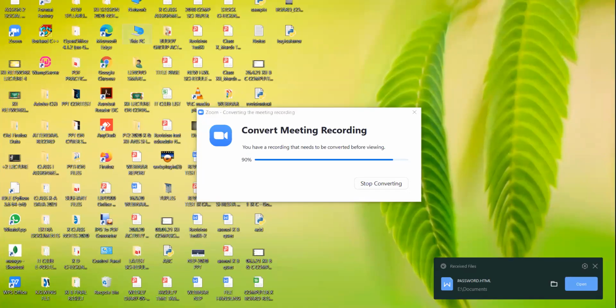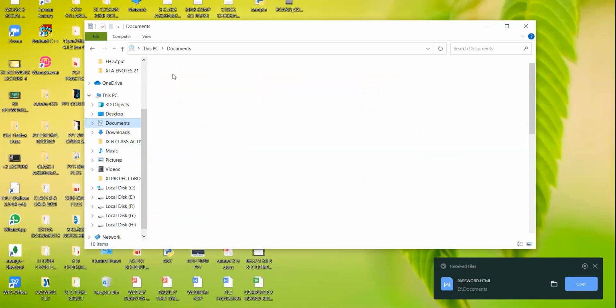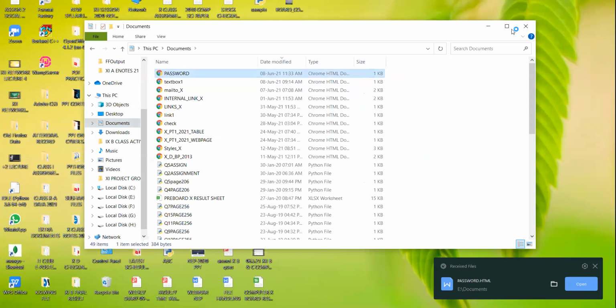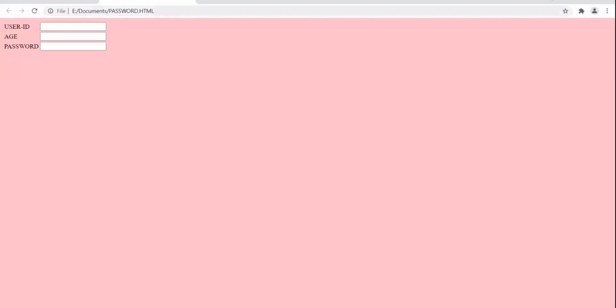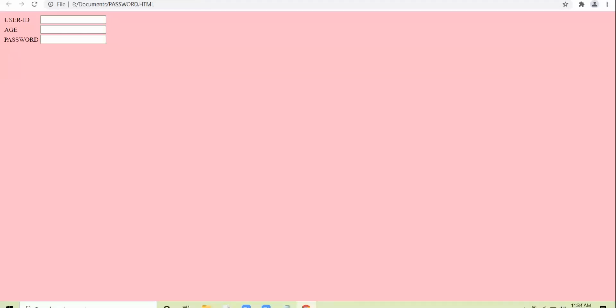So let us see the browser view. See here, is the browser view visible to everyone? 10th class, is the browser view visible?